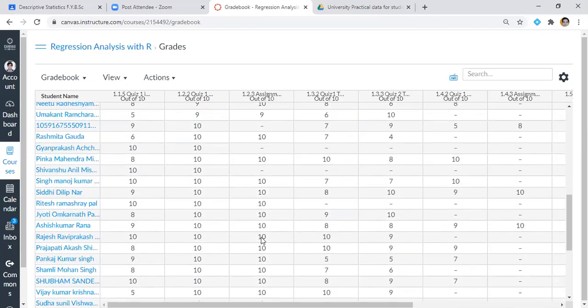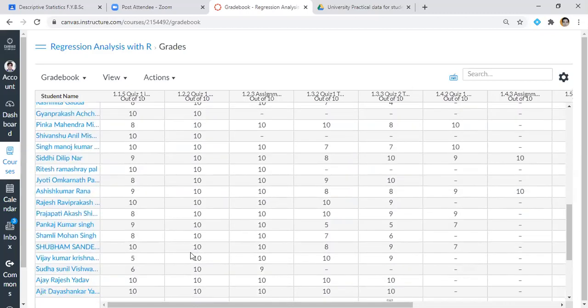Done well, but I don't know, further they have not executed anything. Sudha completed 3. Proceed. Go ahead.